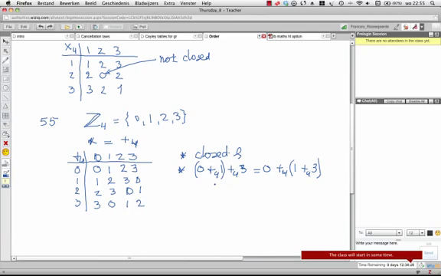Now let's have a look. If I do 0 plus 1, that's obviously 1, and divided by 4 gives me a remainder 1, plus 4 3, which is 4, and the remainder will be 0. And here I have 0 plus 4 0. Now 1 plus 3 is 4, divided by 4 gives me a remainder 0, and I see indeed it is true. Now this is true for every combination,